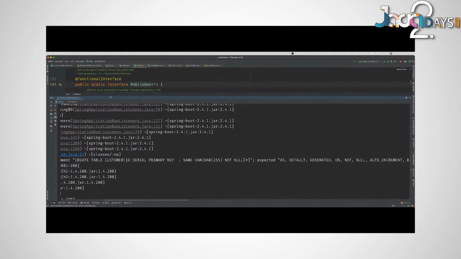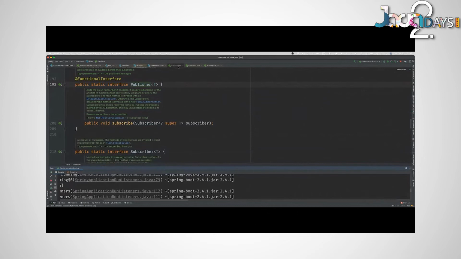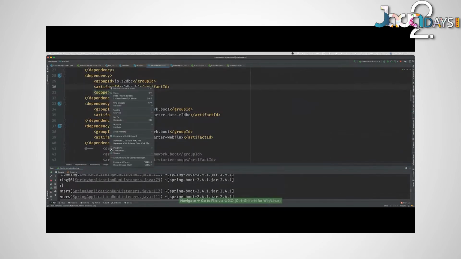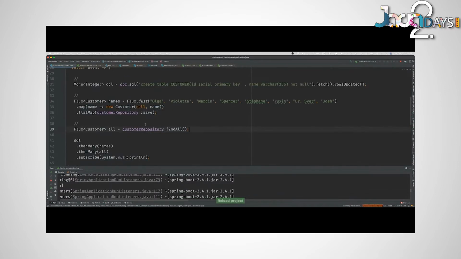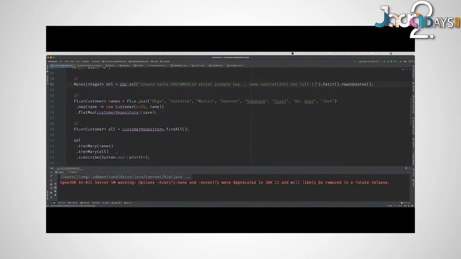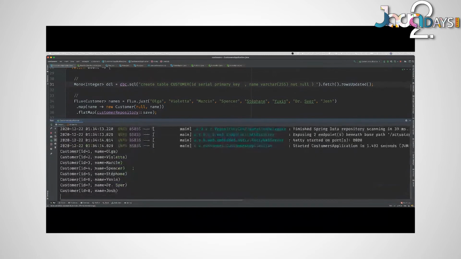What did I do? First of all, did I import this correctly? And then second of all, create table customer ID serial primary key name. Oh, huh. Okay. Recompiling. Okay, there we go. There's our 8 records in the database.